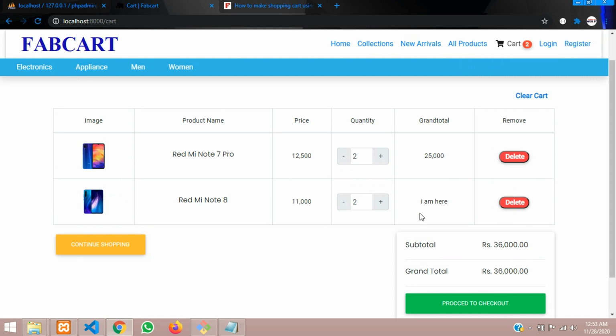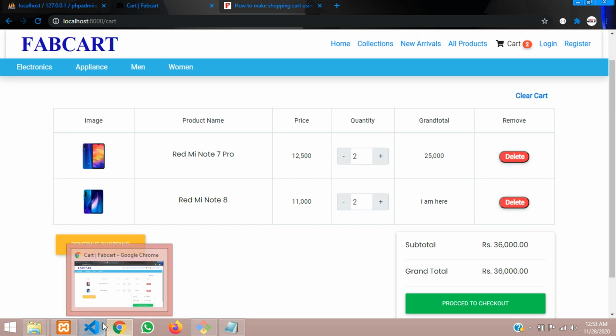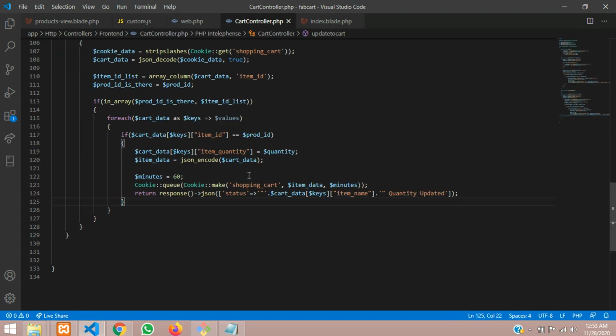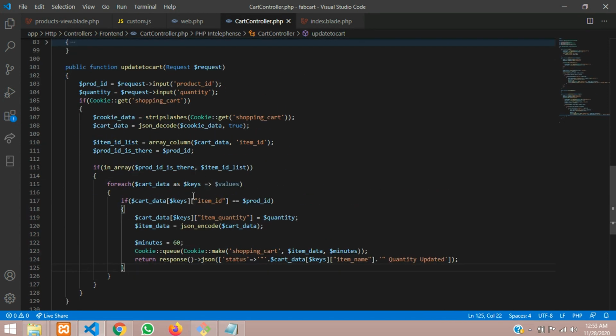Cool. So guys, now let's pass the original grand total price by the cookie. Using that cookie, you are getting this response after success to update cart. So let's move to our controller update. As you can see here, the data is over here.